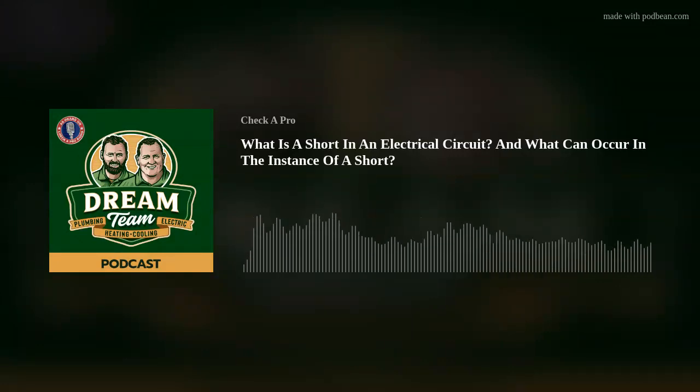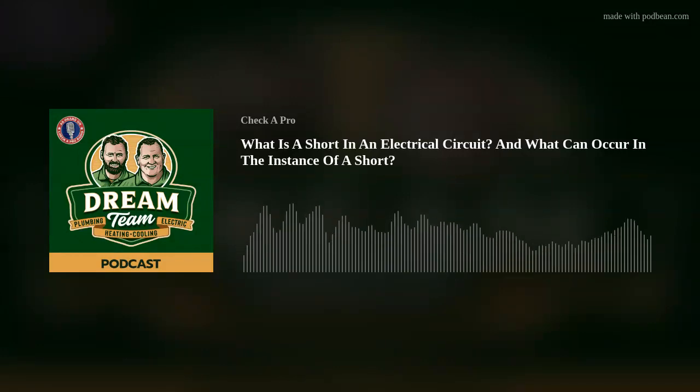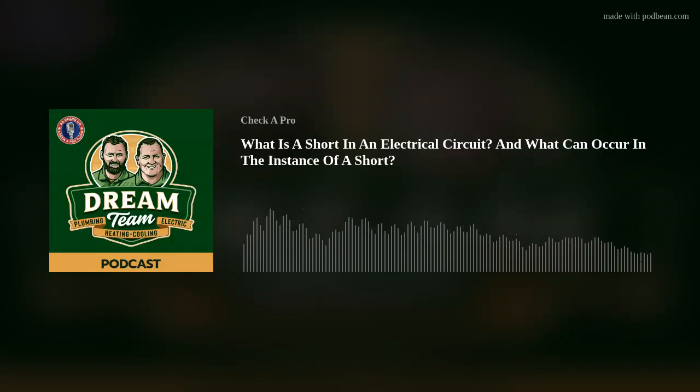So we hear this a lot, a short or a short circuit. What does that actually mean? So a short or a short circuit means there is a connection or something's touching in a circuit or a wire that shouldn't be touching together. So we can have different types of shorts. We can have the short from a live to a neutral, which shouldn't happen, or a neutral to a ground, which shouldn't happen, or a live to a ground. So it means that normally one part of the circuit is touching another part, and that causes the circuit breaker